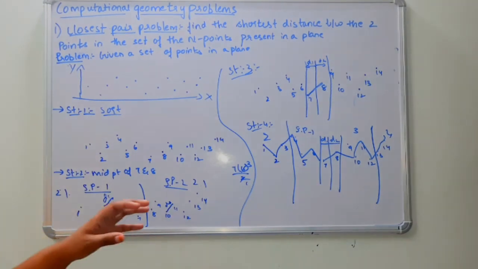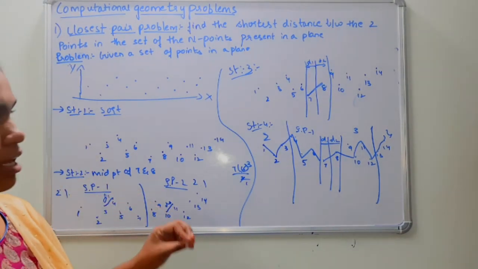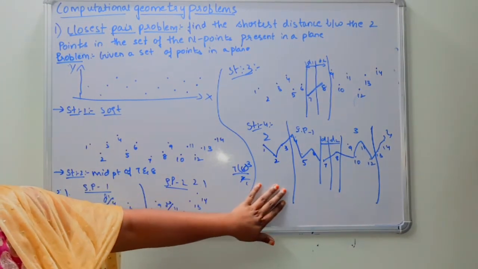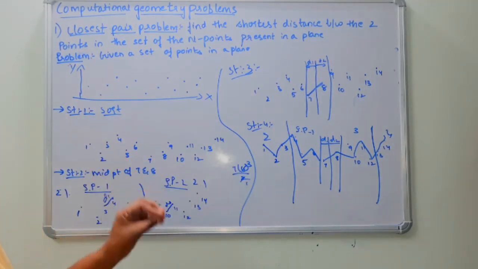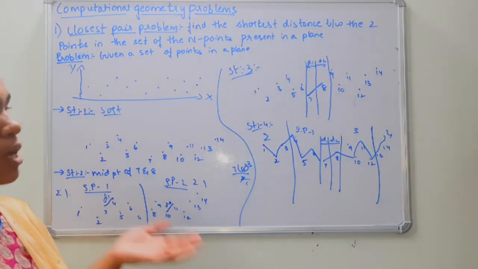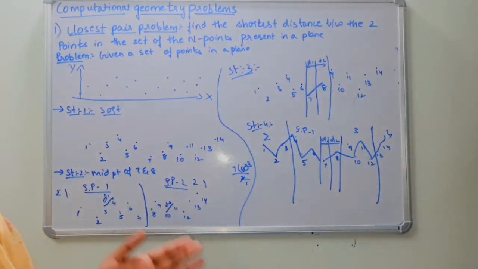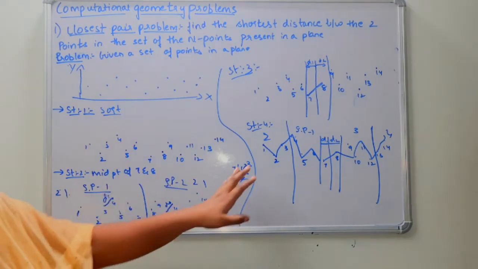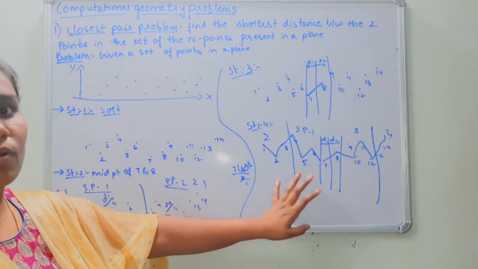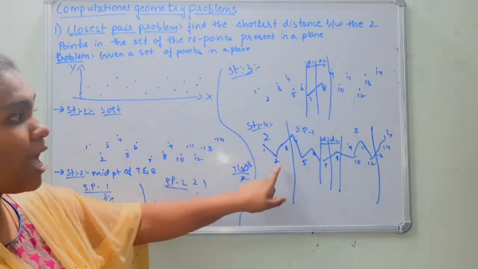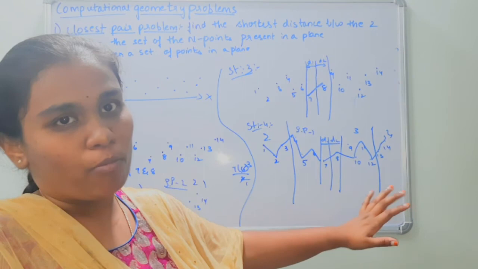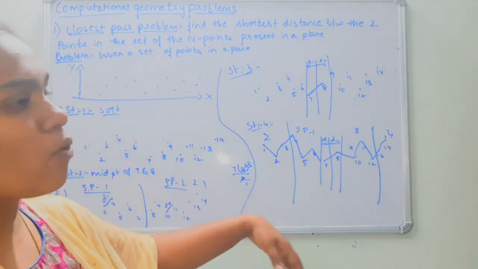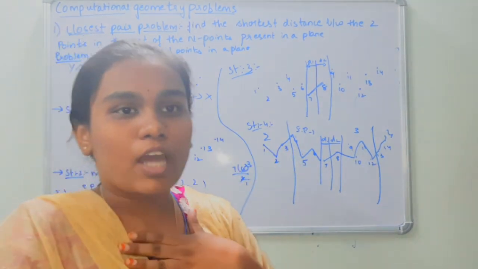By connecting, we can decide the shortest distance. By using this, we have to connect all the points. In step 5, we have to connect all the points. If you want, you can divide into another 2 subproblems also. After dividing into the other 2 subproblems, we have to compare all the points from one subproblem to another subproblem, and we have to combine all the points which are present in all the subproblems. After combining, we will know how many comparisons have been made.